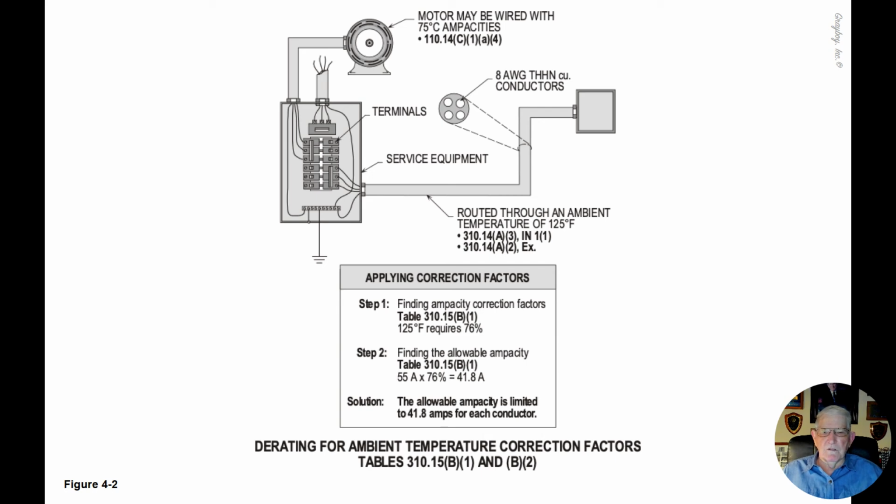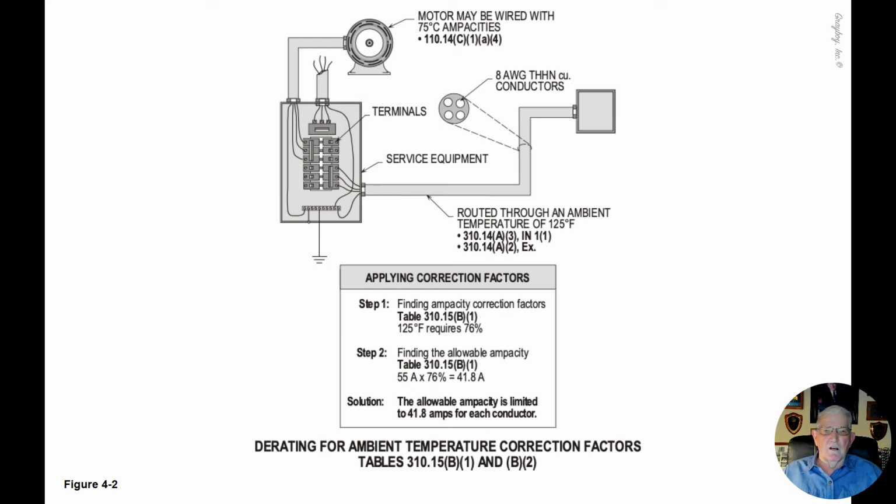Now this illustration deals with rating for ambient temperature correction factors in accordance with Table 310.15(B)(1) and (B)(2). Now notice in the calculation procedures applying the correction factors, Step 1, we're finding the ampacity correction factors in accordance with Table 310.15(B)(1). Now notice these conductors are routed in a raceway system through a temperature of 125 degrees Fahrenheit in accordance